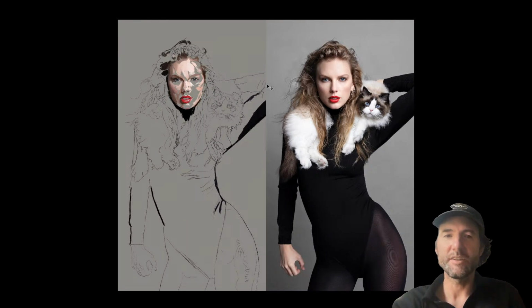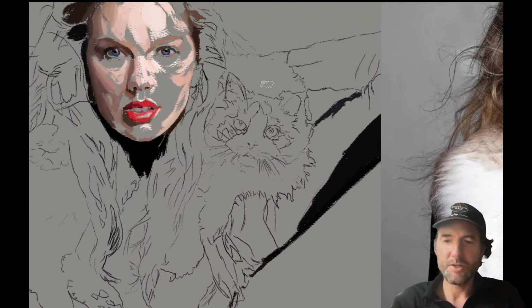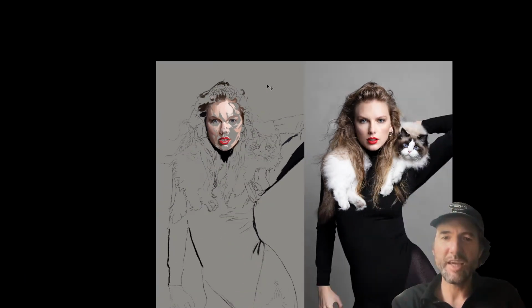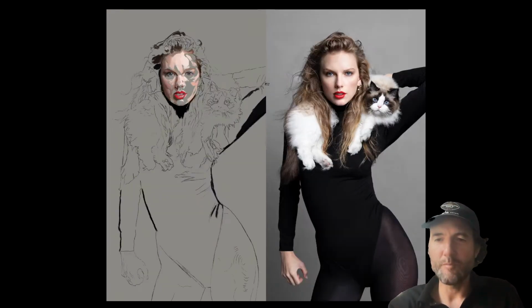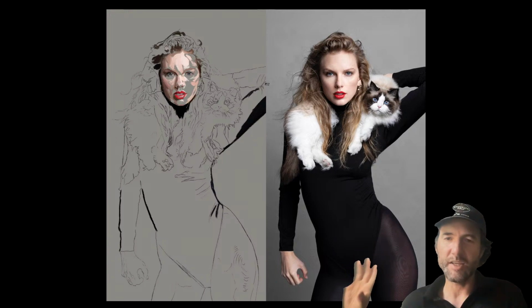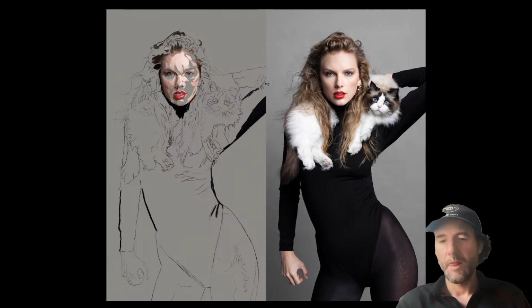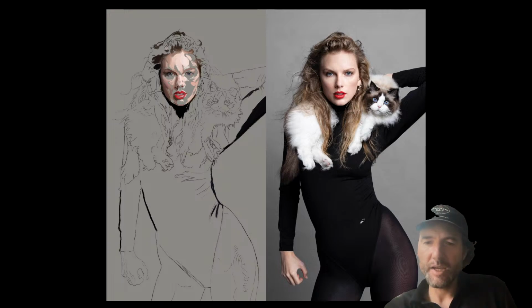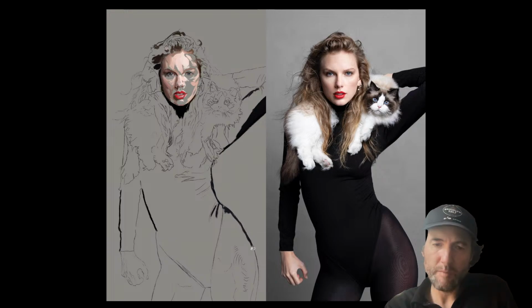I could have done that here too, but because the cat's head is so close to Taylor's head, I'm not going to be cutting the time-lapse into different sections. I'm just going to do a 12-second boom, the whole thing appears. And that relates to what I was saying about how, even if I wasn't painting toward a time lapse, I would want the whole thing to be